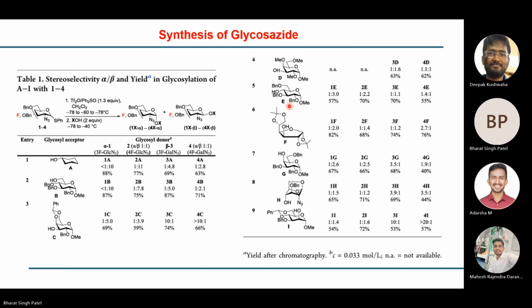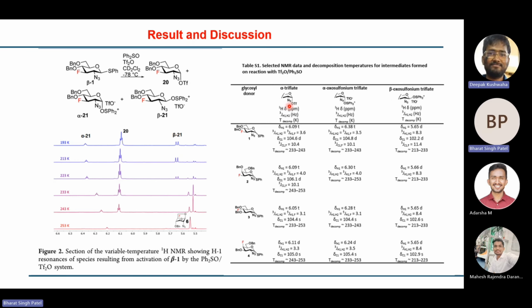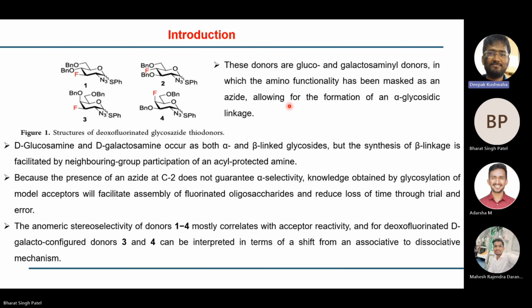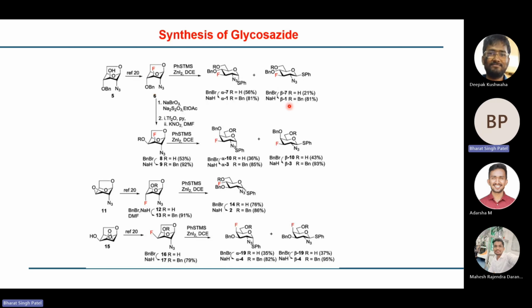In this 4, they are taking the donor as an alpha-beta mixture. Confirm. So 2, they have taken as an alpha-beta mixture. 4 is the pure one they have taken.